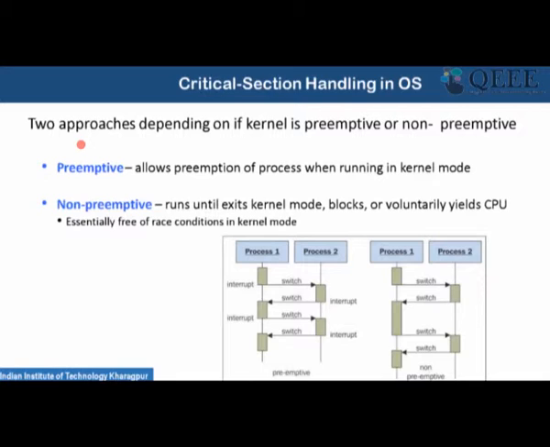In case of a preemptive scenario, once a process is executing a critical section and some interrupt comes, we immediately leave the critical section and another process gets hold of that particular section. So in case of preemptive handling of critical section, you have to take special care about saving the context. In case of non-preemptive, the thing is straightforward: whenever a process is executing its critical section, no other process should get access.